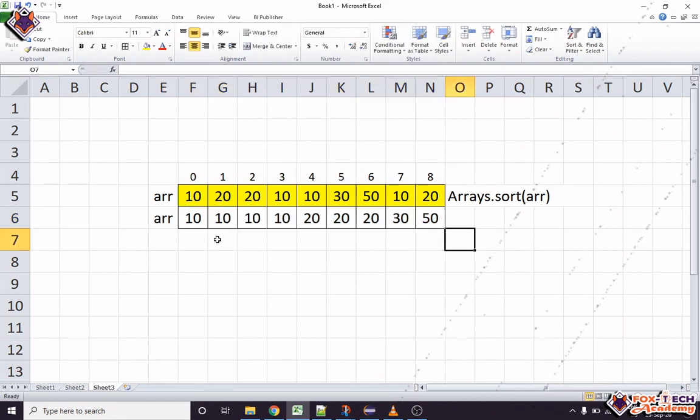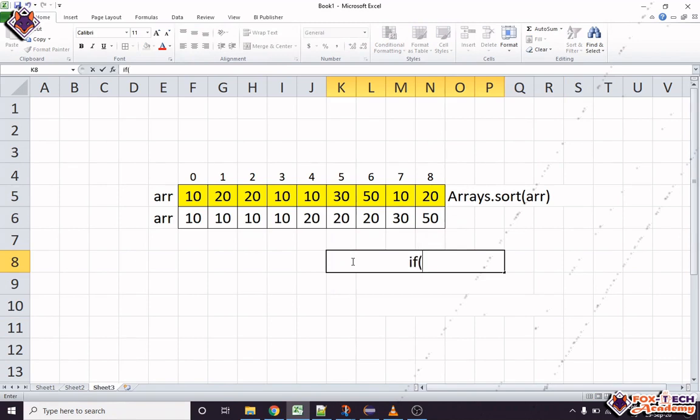Now we have to count repetitions, that is, how many consecutive 10s, 20s, and 30 and 50 are available in this array. So we will start checking from index 0 and check till the second last index. We will first compare array[0] and array[1].